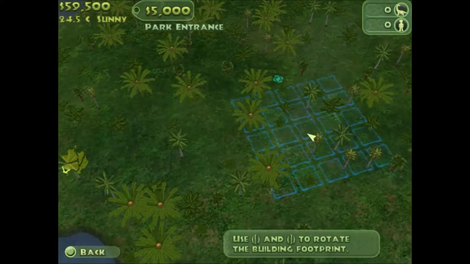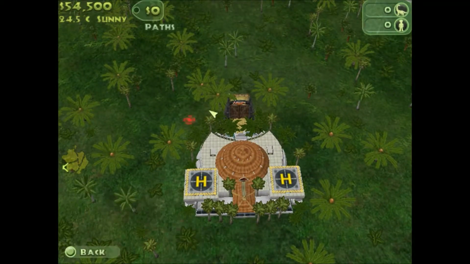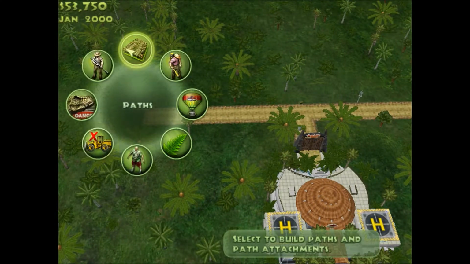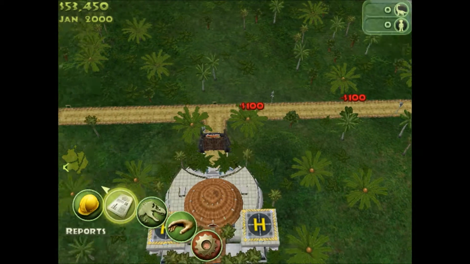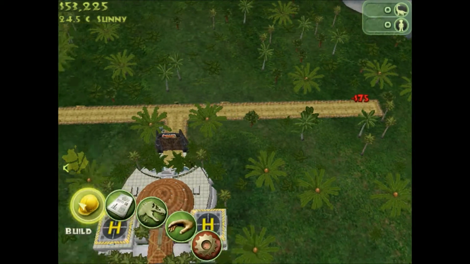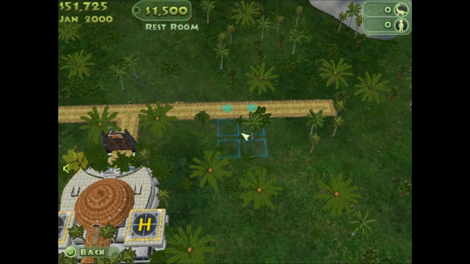Now, we want to start off with some restrooms. Not restrooms, not bad. Park entrance. And then set a path. Of course, we'll need trash cans so they don't just throw garbage on the ground. Some benches so they can sit. And they'll need amenities like restrooms,